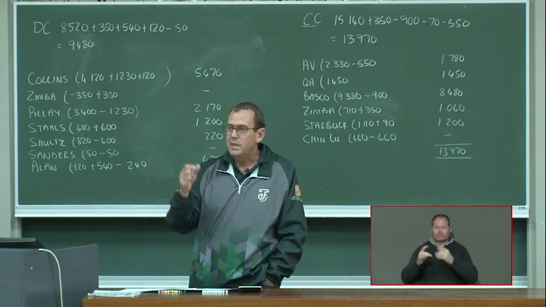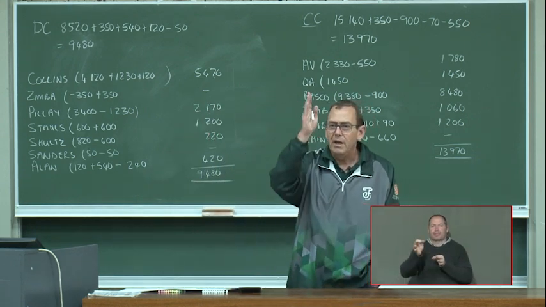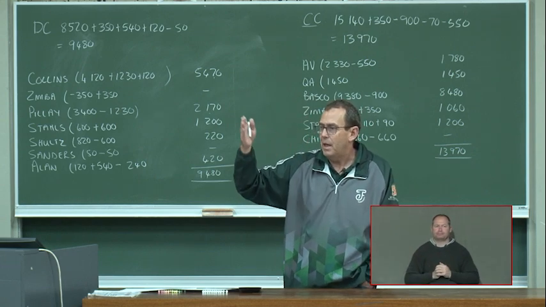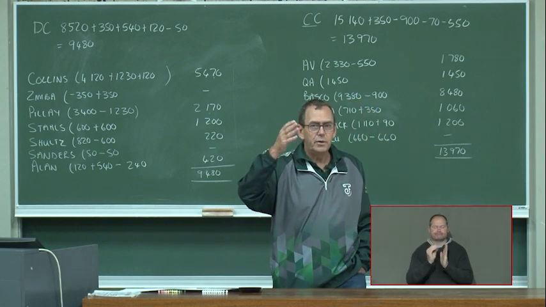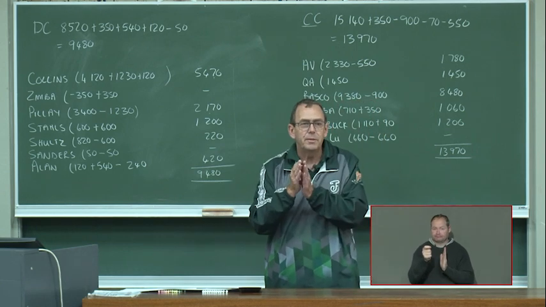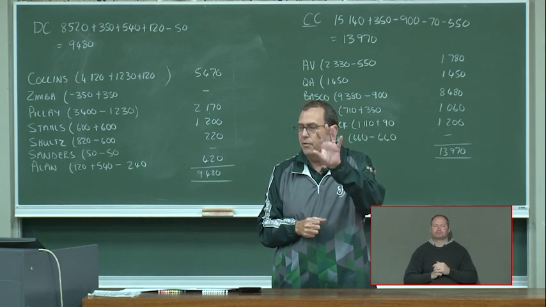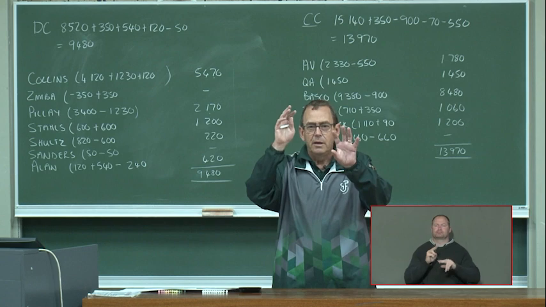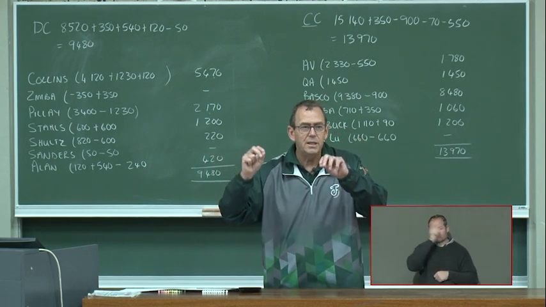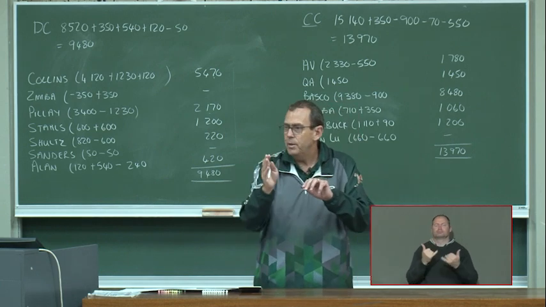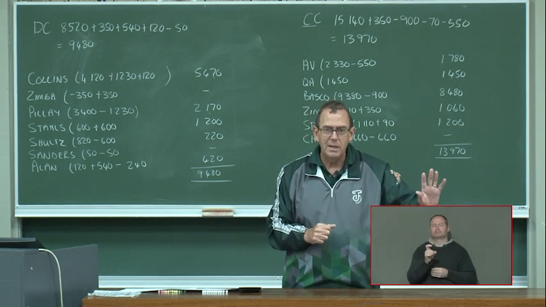All right. So when you draw up the age analysis, you put every transaction in the month that it happens, except for the payments. If you receive a payment, you always subtract it from the oldest debt. So let's say somebody owes you 1,000 rand for February, 1,000 rand for March, and 1,000 rand for April. So in his age analysis, the current figure will be 1,000 rand, 30 days will be 1,000 rand, and 60 days will be 1,000 rand.